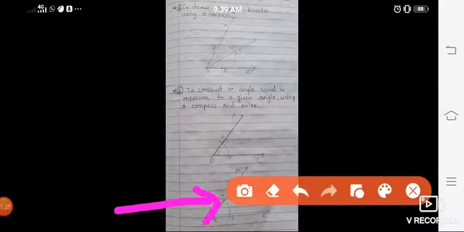So like that you have to draw one. Take any measurement, whatever you want, 50 degrees, 60 degrees, 120 degrees, any, and then draw an angle equal to that particular angle. Here this is my constructed angle and this angle I had taken of any measure. So first I have drawn any angle of any measure, and then I have constructed the lower one with the help of that. Did you understand? So complete the notes. In the next video we are going to solve the practice set of this taught content. Okay, thank you.